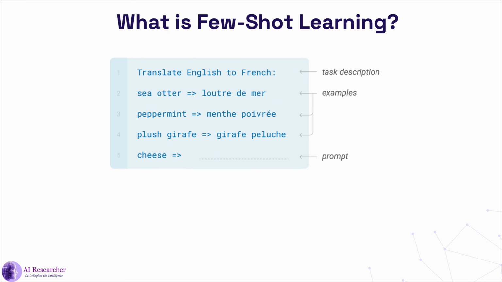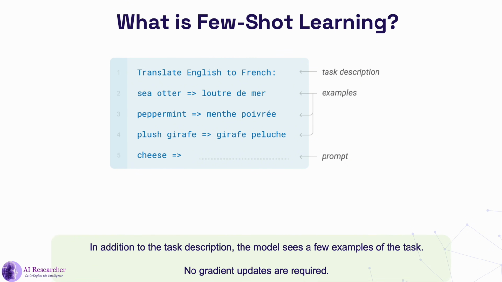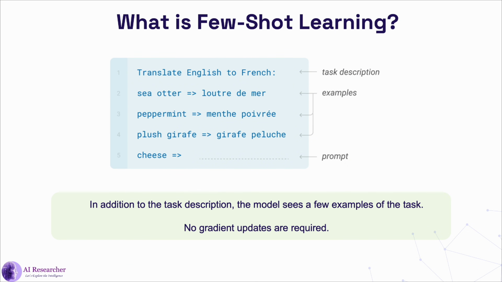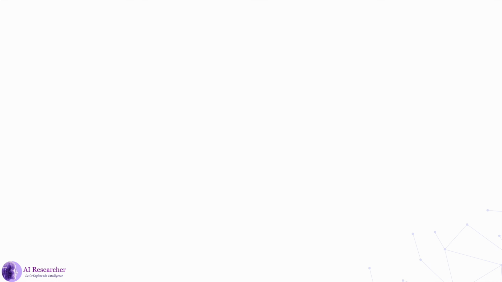zero shot, one shot learning. We don't need to update gradients here already. We don't need any additional training here in few shot also. So the model's internal parameters are not adjusted, and it uses just the task description and few examples to complete the task. So in summary, you can say that in addition to the task description, the model sees a few examples of the task and no gradient updates are required. Now it's time to check